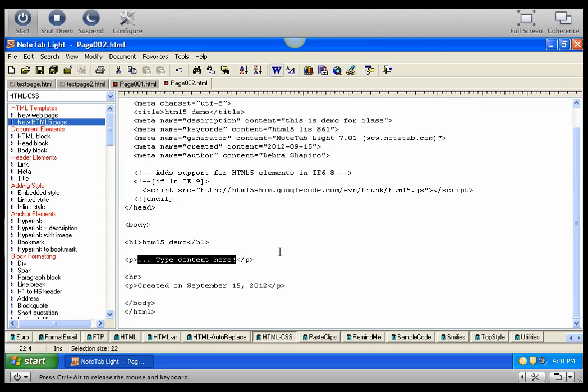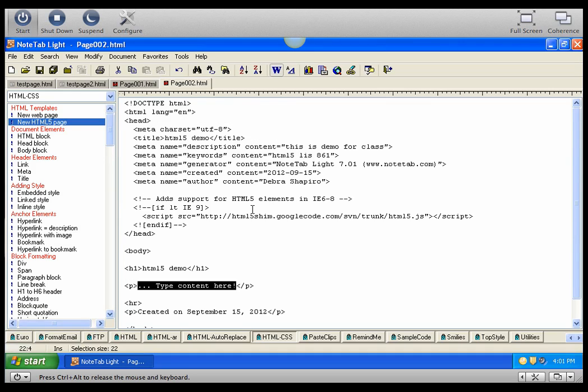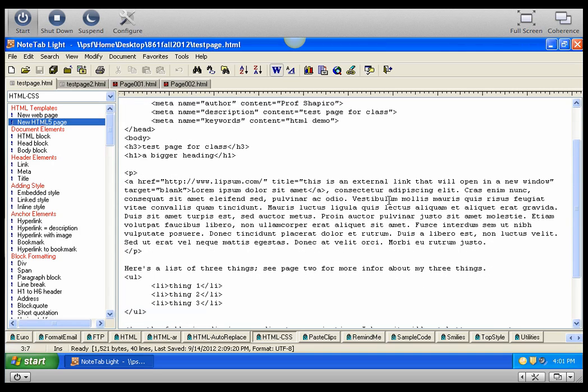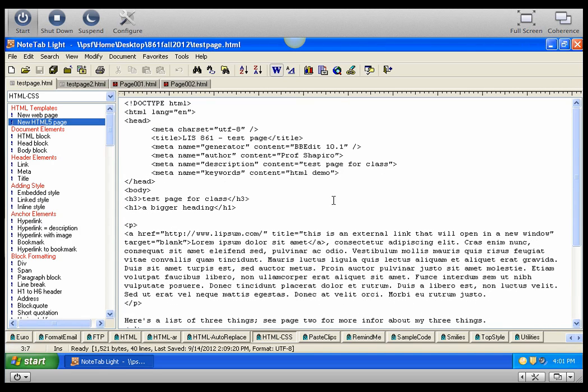So very similar to what we saw in BBEdit, and actually adds a little bit, here's a little bit of a script to help make the HTML5 work in Internet Explorer. So going back to our test pages, if we want to look at test page 1, you can see this has the same things that we had put in